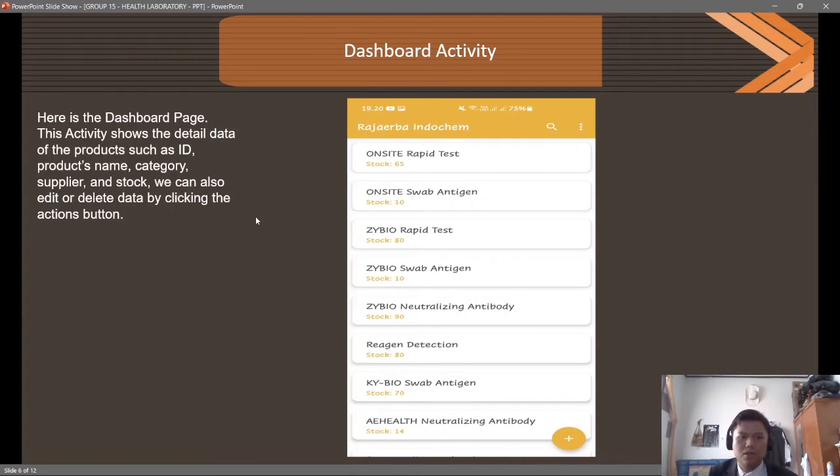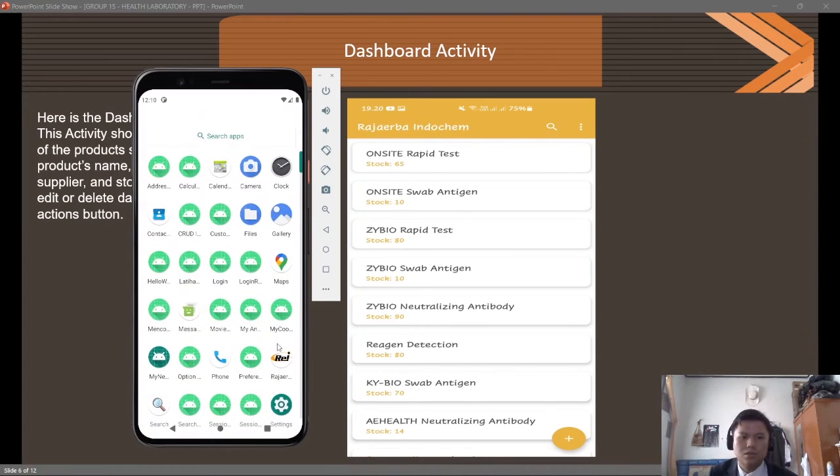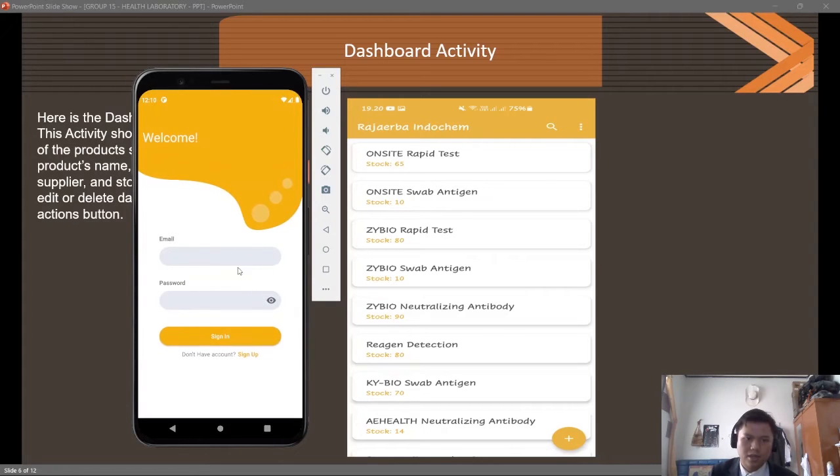So now I want to demo my application. The first activity appear is splash screen, and after that login activity. And now I want to create new account.